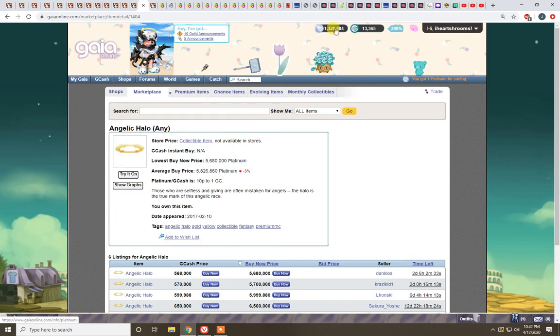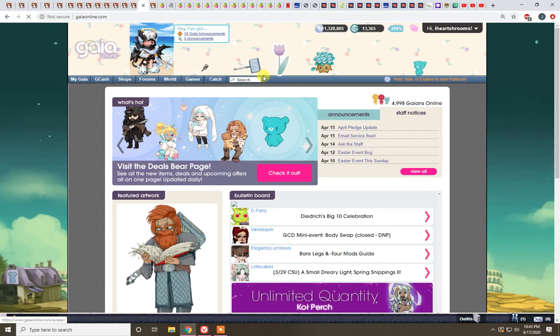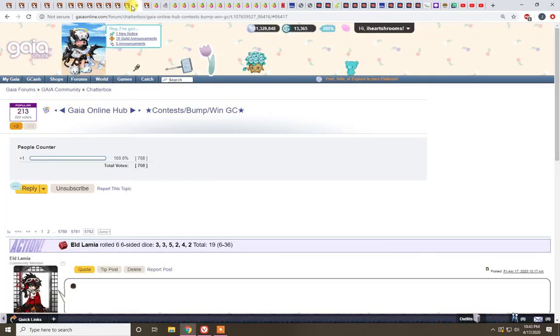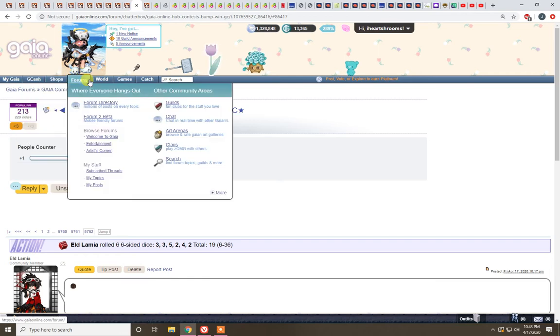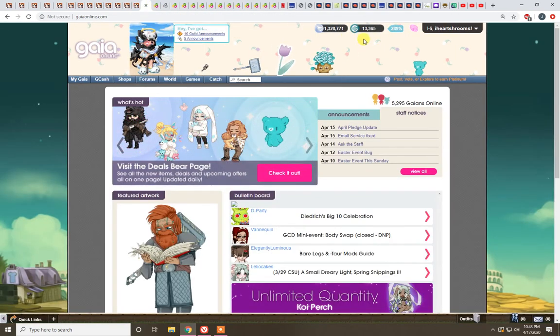But that's your main currency there, and you get that by doing basic things on Gaia Online. Just for browsing, sometimes up here it'll say you got 1 gold just by browsing, or 1 platinum, whatever currency you're using. But doing different things throughout the website gives you different amounts of currencies. The other currency over here